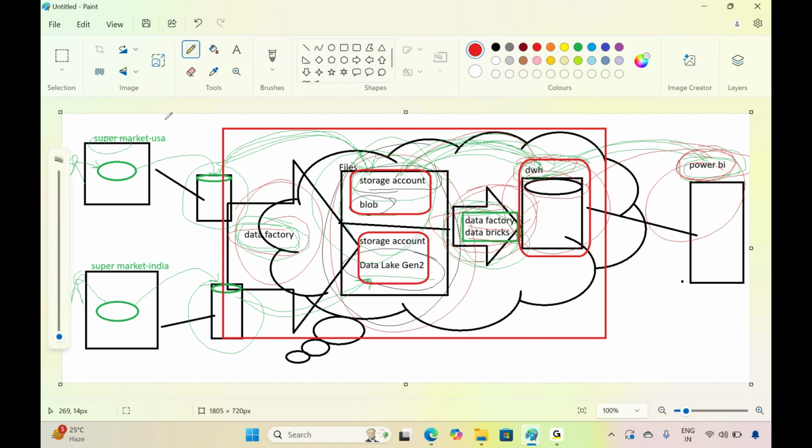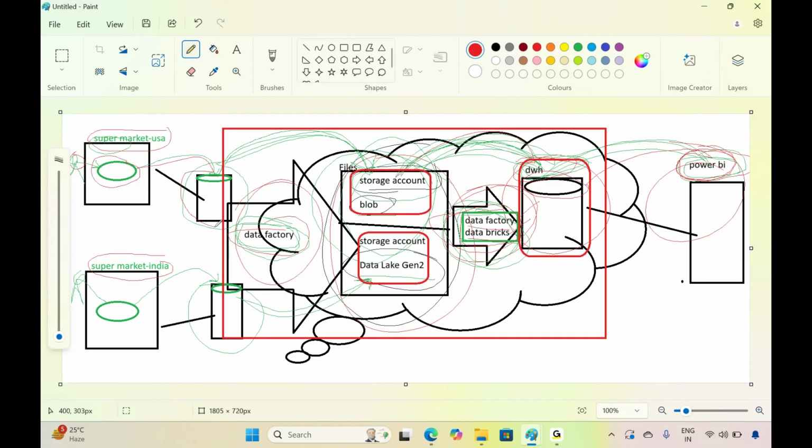I have a supermarket in the USA and another supermarket in India, and every day customers come to my supermarket. There are billing counters, and they buy products. Whatever products they buy, that information we save in backend databases.